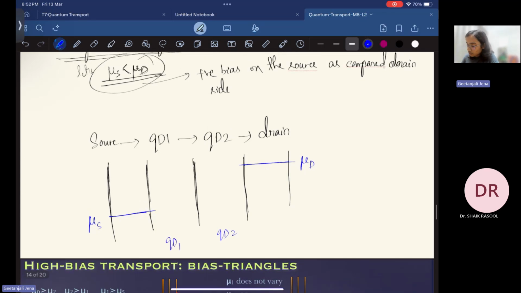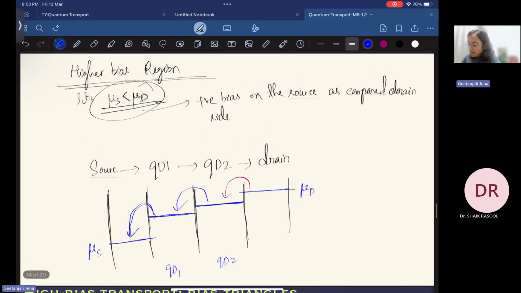The electrochemical potential of quantum dot 2 should be equal to or lower than the drain, so that charge can transfer easily from the drain to quantum dot 2. Similarly, the chemical potential of quantum dot 1 should be lower than or equal to quantum dot 2, so that the charge will now tunnel to quantum dot 1, and similarly, the chemical potential of quantum dot 1 should be equal to or lower than the source side, so that the electron can tunnel to it. So the condition that we have is that